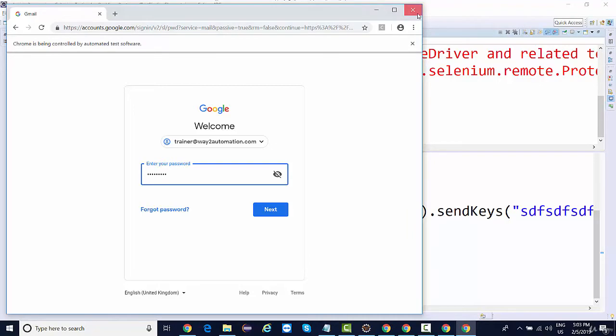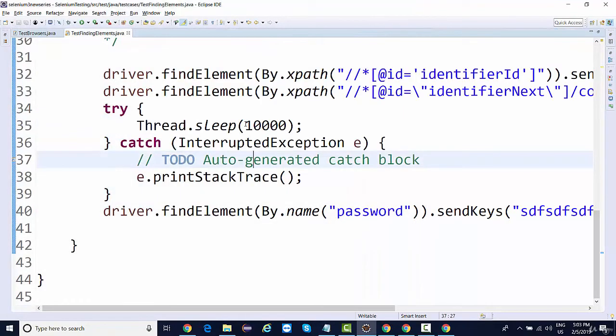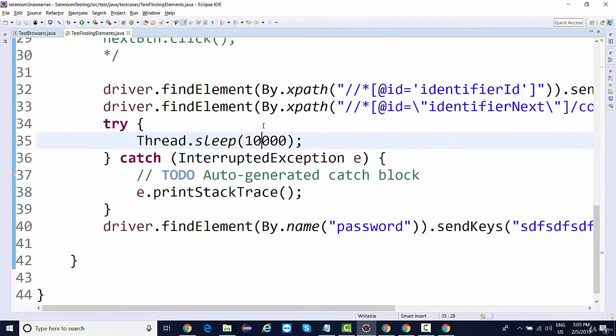So that is the reason it is not recommended. If, let's say, the element shows up in just 1 second, then 9 seconds will be wasted. And let's say we have written just 3 lines of code and we have used thread.sleep once. Maybe when I write 500 or 1000 lines of code, I may use thread.sleep 100 times with an average wait of 10 seconds.